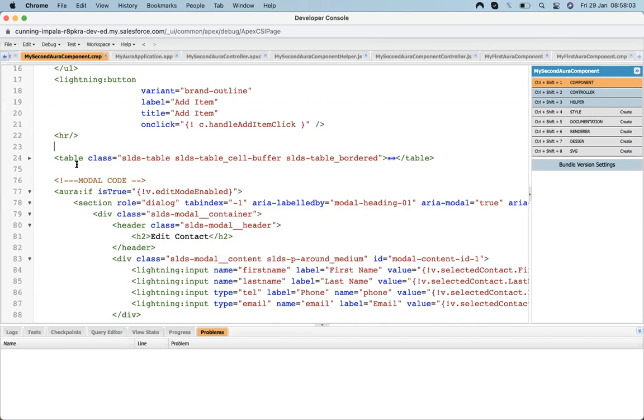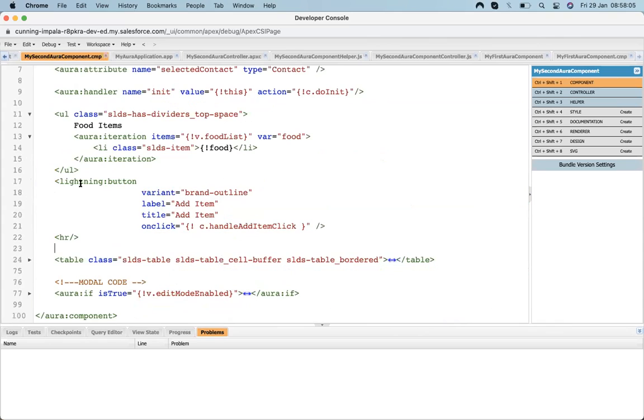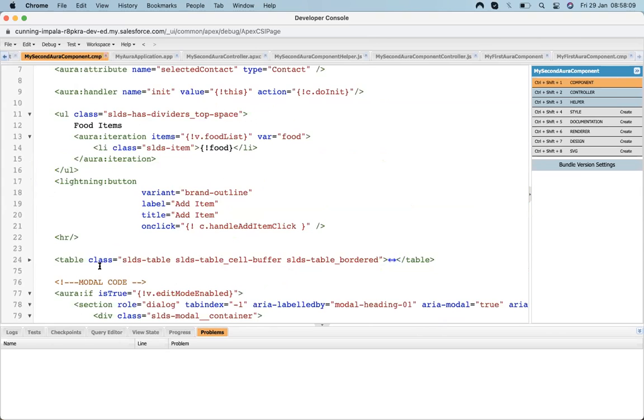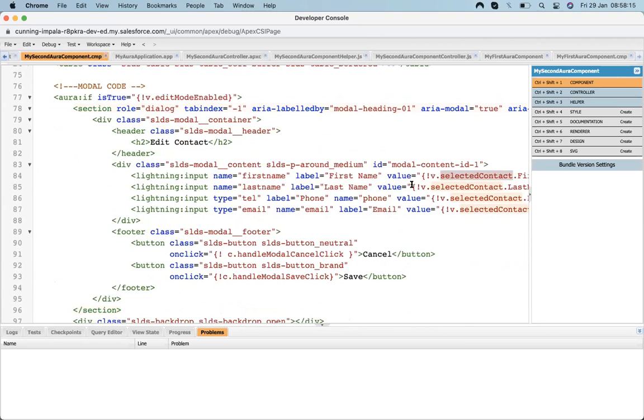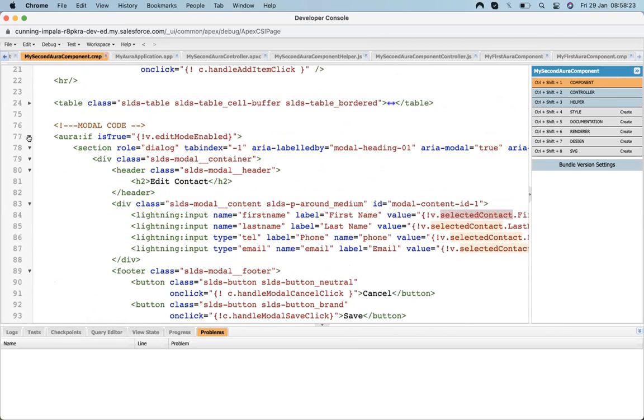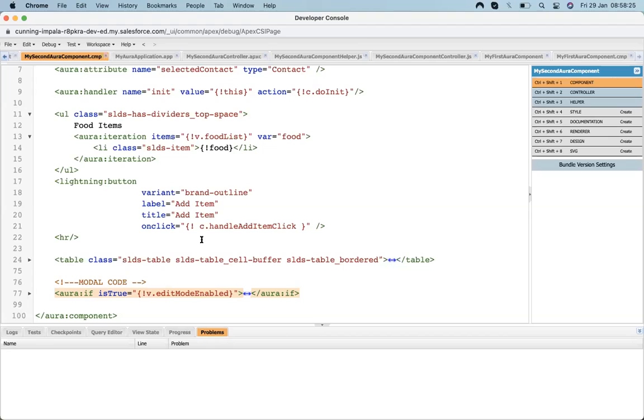Similarly, we can place this modal code in a different component, pass the selected contact values to that component, and that component will handle every update related thing. That is also possible once we learn calling a component inside another component.